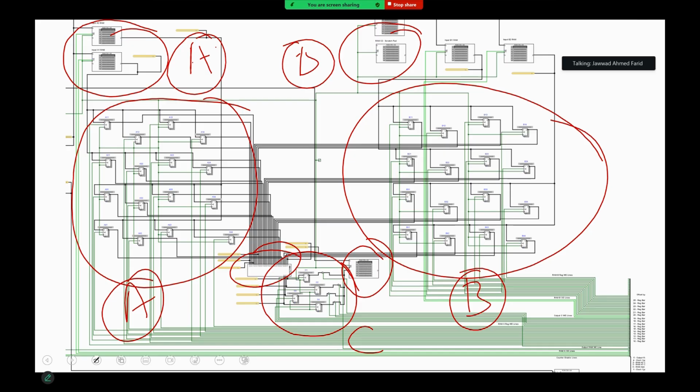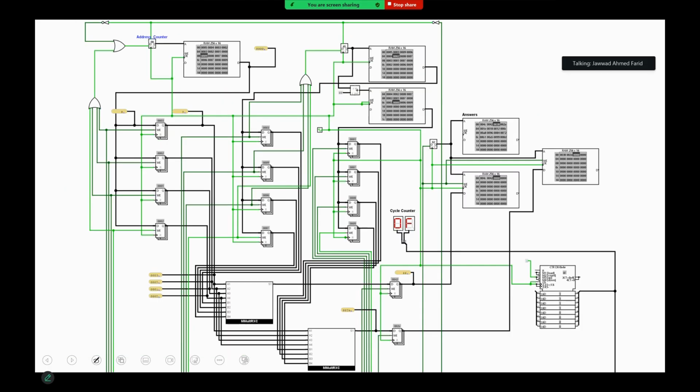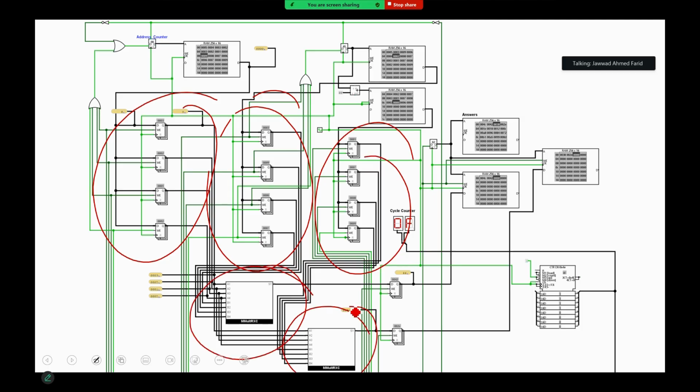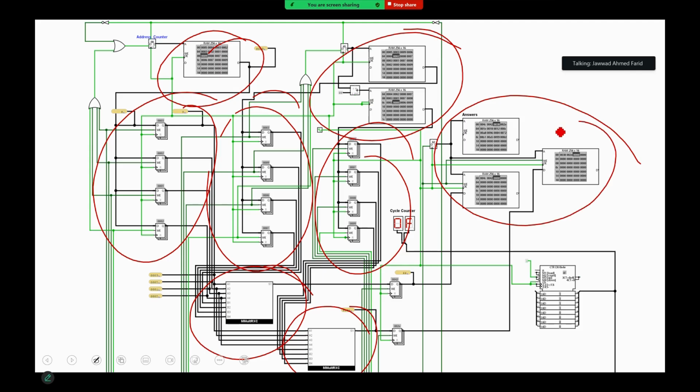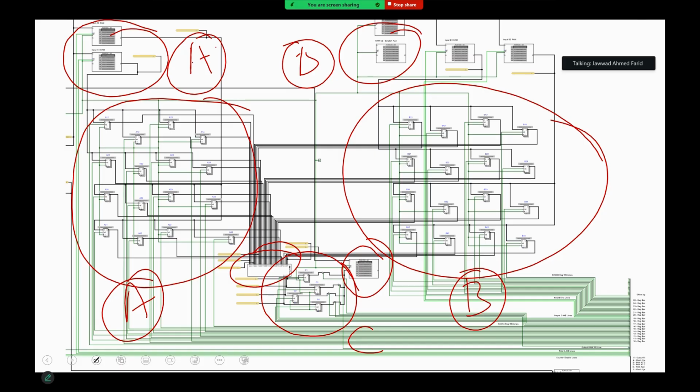सो अब हम क्या करना चाहते हैं, हम उसको package करना चाहते हैं. और हमारा package करने का जो primary objective है ये कि अगर कल को मैं design change कर दूँ and I give you this design, this is the design that you actually worked on, this is the design where what are you doing, this is bank A, this is bank B, this is also bank B. These are two separate processing elements that work in parallel. ये A की RAM है, ये B की RAM है, यहाँ पे आपके पास आंसर store हो रहे हैं. This design, this very different design, but make it work in such a fashion that whatever you've done here in terms of instruction sets should also work here.